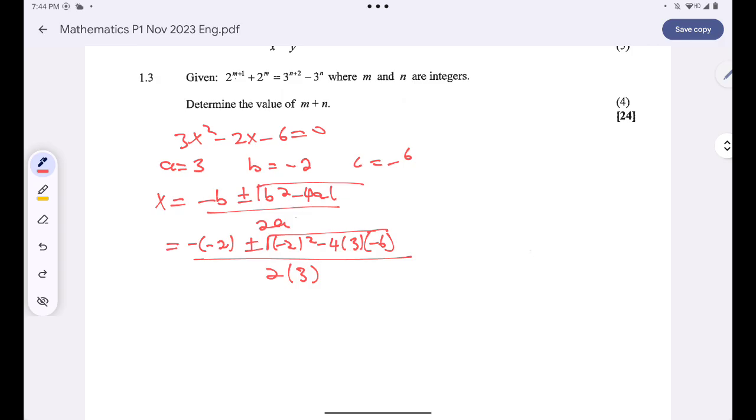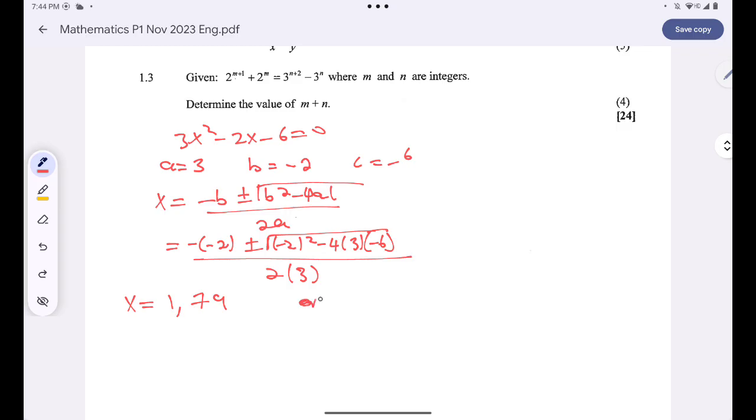Since I have two signs, there's a plus sign and a minus sign. I'll first use the plus sign. I'll have negative plus minus 4ac. So x is equal to